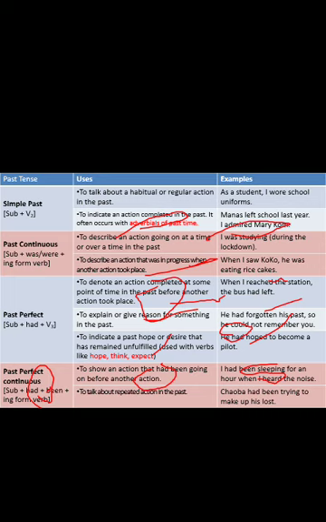Past perfect continuous has another important function: it is used to talk about repeated actions in the past. Any